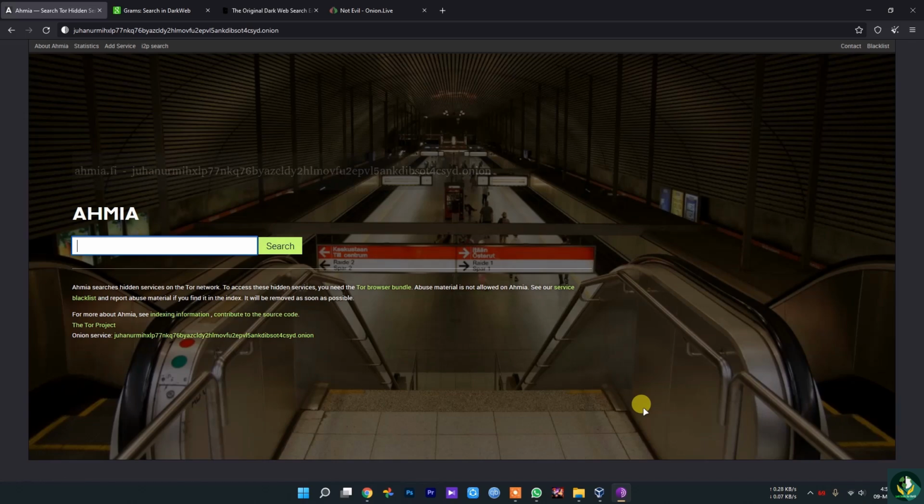As I previously talked about, not all of the sites are live, so even the best sites get disabled day by day.